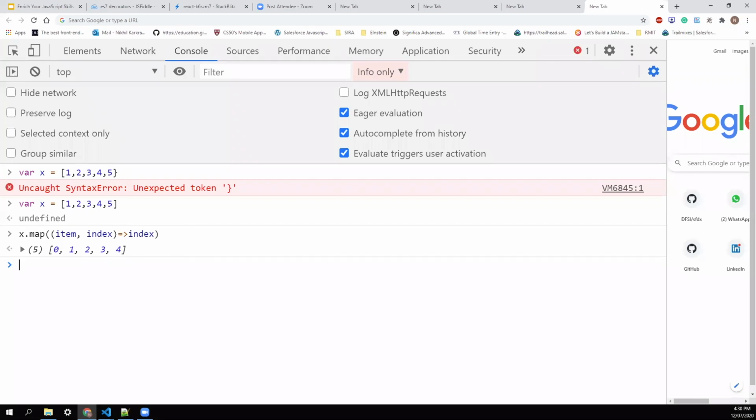It's not considering the object as a parent. It always takes another function as the parent. So an arrow function at the first level points to the parent, and if there is no parent, it points to the window. That is fine. But if I wrap a function, and within that function I put the arrow function, then this means the scope of the parent function, that is, the function that wrapped the arrow function.